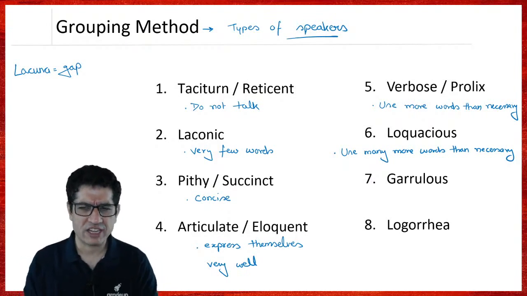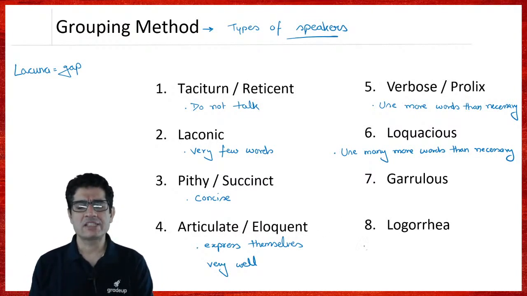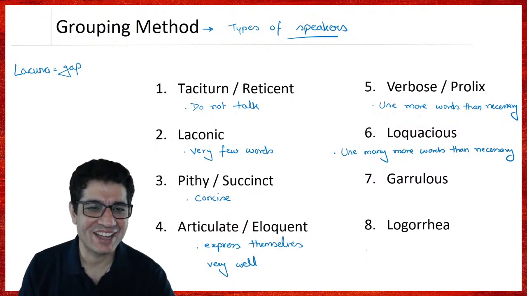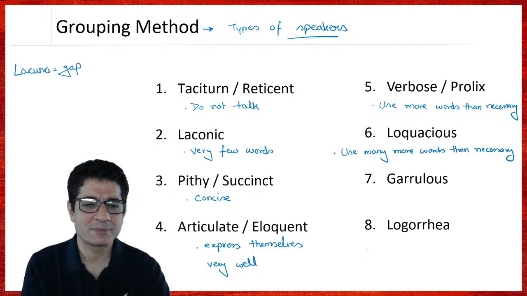और इसके भी ऊपर यू हैव पीपल हु सफर फ्रॉम लोगोरिया. बाकी सारे वर्ड्स यहाँ पे एडजेक्टिव्स हैं. दिस इज द ओनली नाउन. इफ somebody suffers from लोगोरिया, तो मतलब उसे ना बोलने की बीमारी हो गई है, वो चाहकर भी कंट्रोल नहीं कर सकता है, वर्ड्स बाहर आएंगे ही आएंगे. सो लोगोरिया इज बेसिकली verbal diarrhea. You know diarrhea, when you have an upset stomach and stuff must come out. Similarly, if somebody has logoria, it's the words that must come out. It's a condition where he cannot even stay quiet. You can threaten him, you can beat him, but he'd struggle to zip the lip. Okay, so that's how it really works.